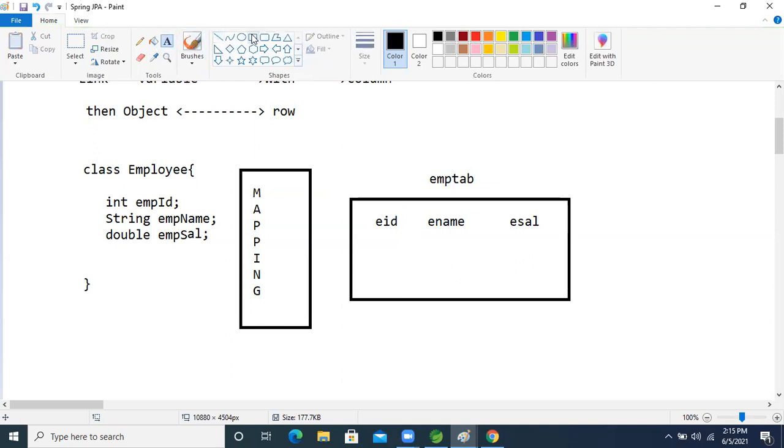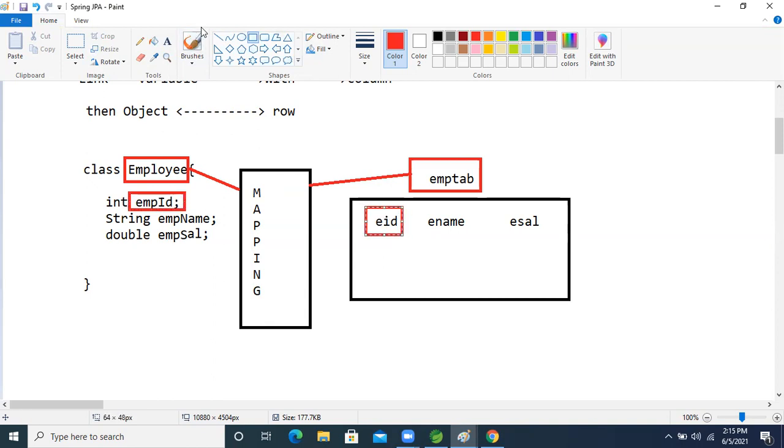So what is the rule now, guys? The class name you have to map with the table name, right? And the attributes, the variables, you have to map with the columns.